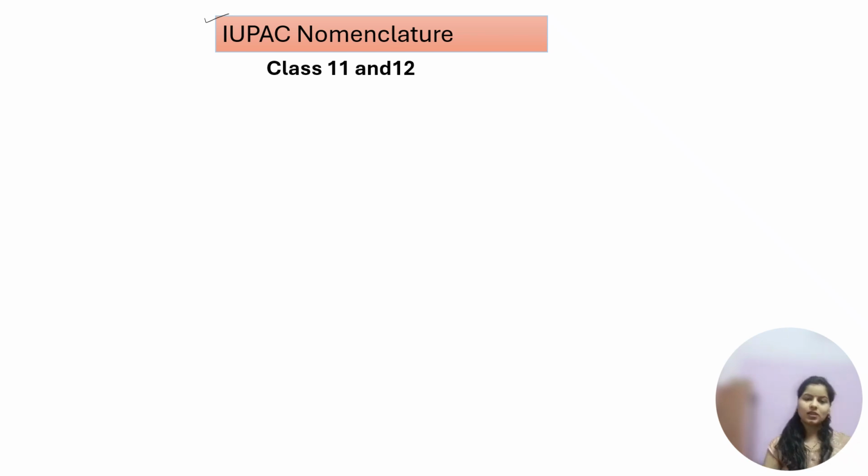This is a very basic thing and I'm going to explain everything about it. After this class, you will be very fluent with the IUPAC nomenclature and you will not be confused with the names. You will not be confused whether to write 2-methylpropane or 3-methylpropane. Most of the students are confused in this chapter, but after this you won't be. So please listen carefully. I request you to go through all of it and try to understand this very carefully.